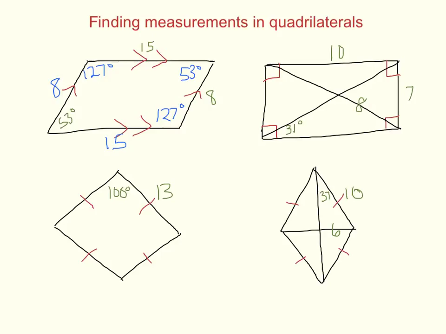Okay, so now that you've tried these on your own, if I look at this next shape, here is a rectangle. Okay, and in a rectangle, opposite sides are congruent. All the angles are 90 degrees, right? So if that angle is 39, this is 59. Alternate interior angles here, we have this, right? And then in a rectangle, we know that the diagonals are congruent and they bisect each other. So we have all of these